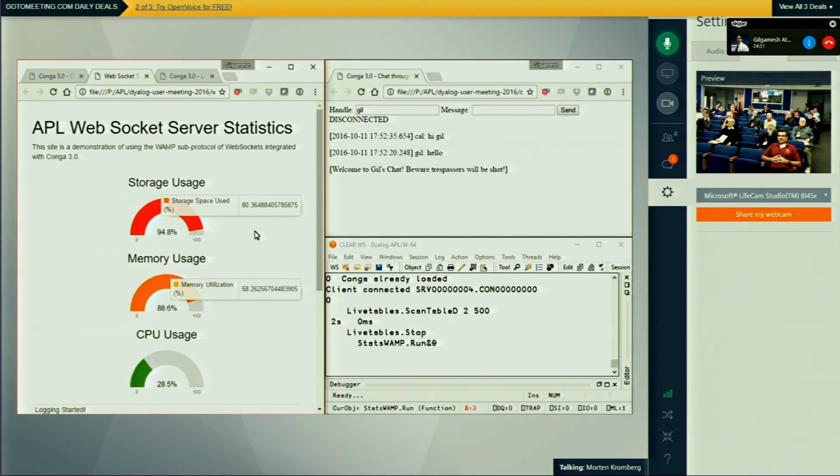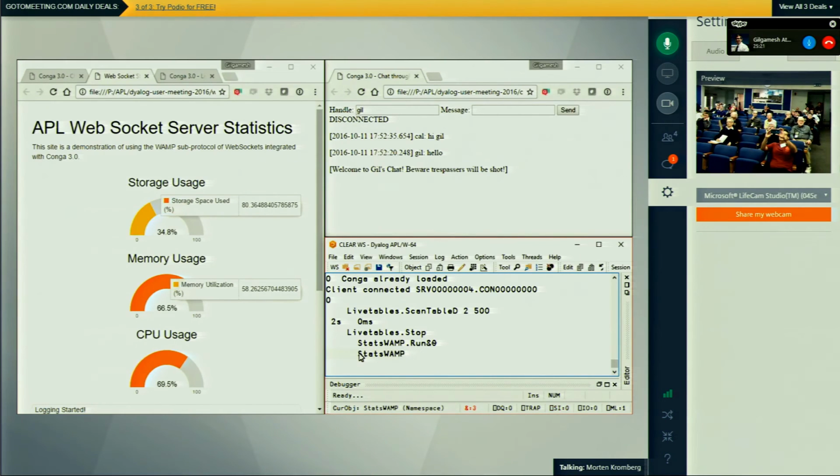The way it's done is by connecting both the front end here and the application backend to the messaging router, and thereby the backend is also a client, and it sends messages to the router, and the front end is another client that subscribes to messages and therefore gets the message that the backend is sending.